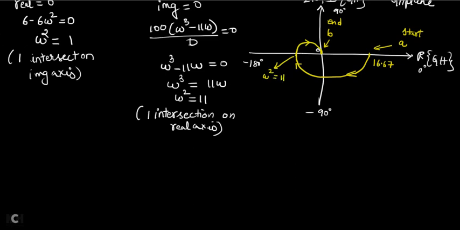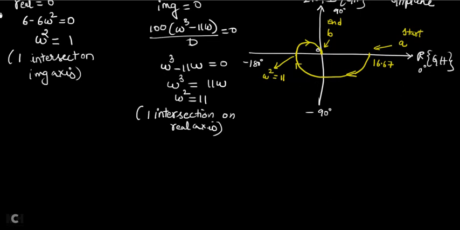Now what is omega at this intersection? This is the imaginary axis. On this, omega square is equal to 1. That also you can write, but don't write that, leave it. Only write the intersection on the real axis. That will be useful in the next step. Done. Now this completes section A to B.